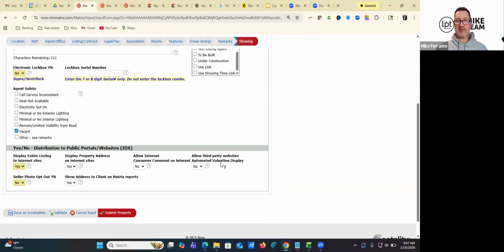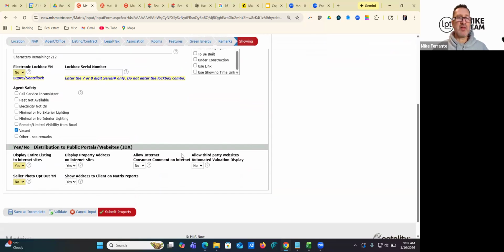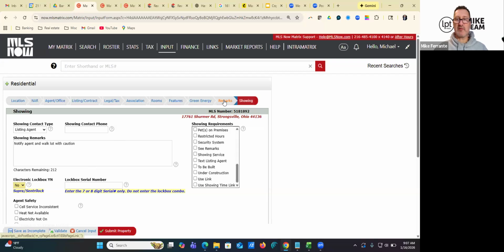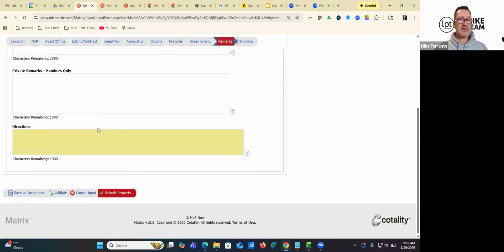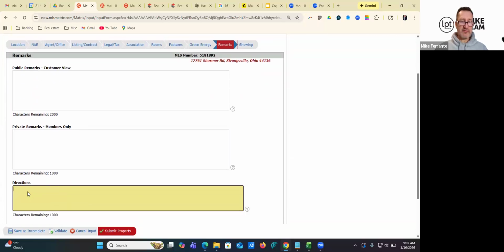I don't like having the third party valuations there, especially here, where it doesn't apply because the third party valuators aren't going to know what the new construction home could be worth. Now these take some work. So I am just going to show you the required field first, and this is between,